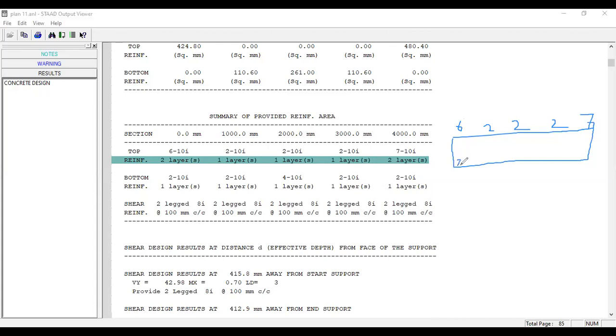At the bottom you need 2 bars, 4, 2 and 2. So there are 2 continuous bars. You need to provide 2 continuous bars and 4 extra bars at the top reinforcement. Here you need to provide 5 extra bars